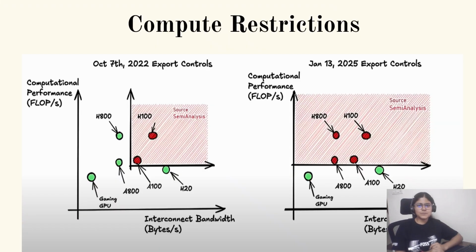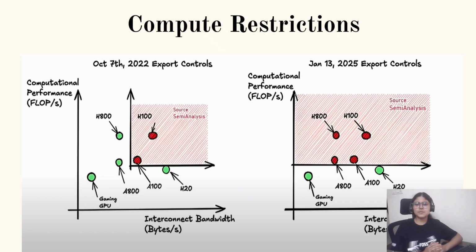Something a bit off topic here, but good to know, is the compute restrictions that these models have. Essentially, DeepSeek belongs to a hedge fund. They claim that they did this entire process of training the model within 6 million dollars, which is a bit weird to believe because the US does not allow export of bigger compute engines like the H800s. It's only H100s or H20s and A100s that they have to suffice with.